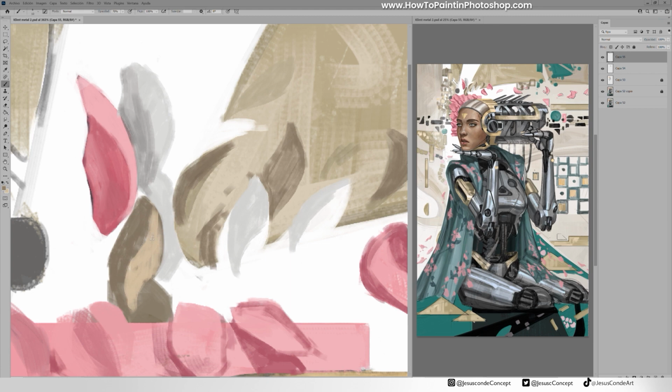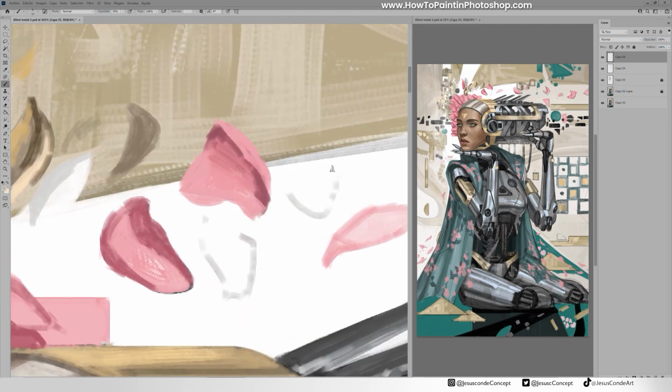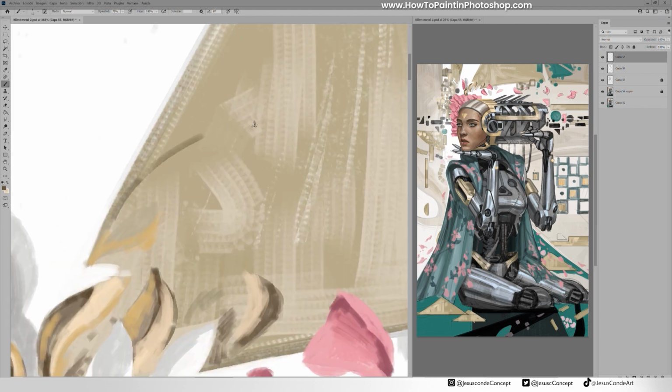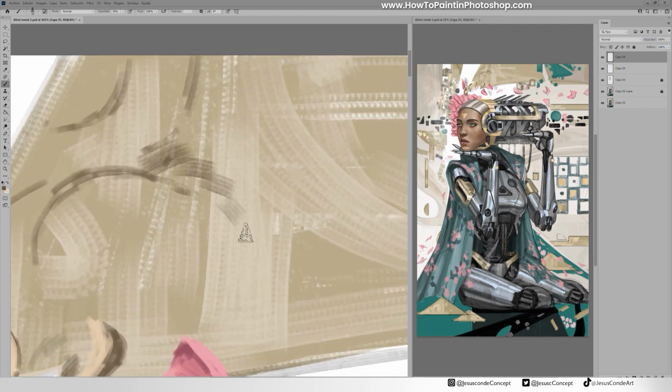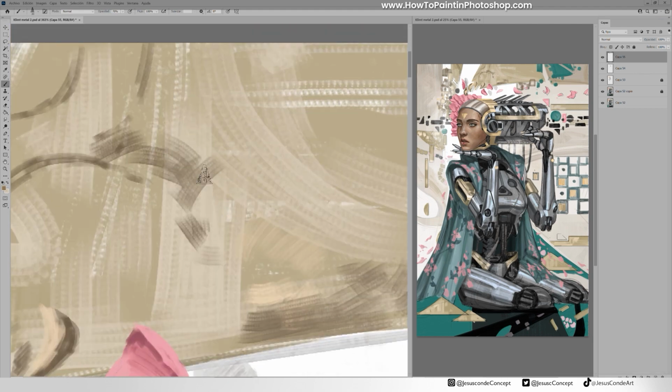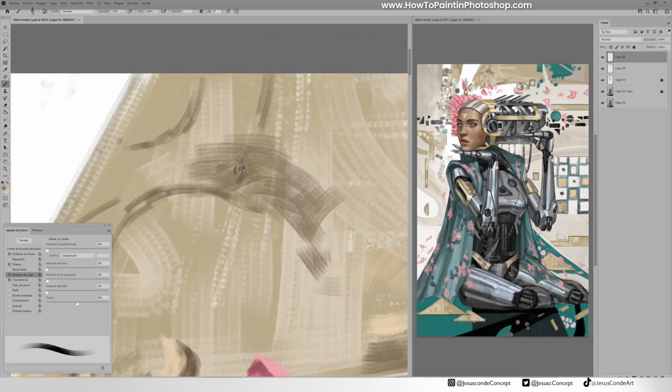But here I'm trying to add a little bit of cast shadow, like if it was a white wall behind. And I'm not sure how I felt about that, but I did like that it added a tiny bit of three-dimensionality. Maybe, just maybe, at the end I will add a huge cast shadow on the back of the whole girl, just to make it look like she's in front of a wall or something. That will be pretty cool. It will give some kind of three-dimensional effect. Not that it looks super realistic, but